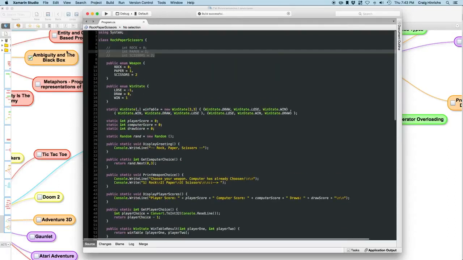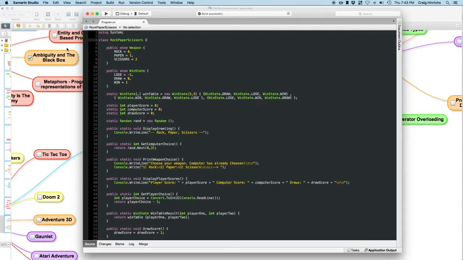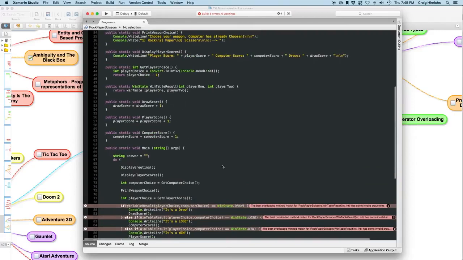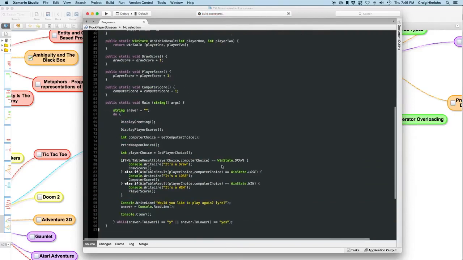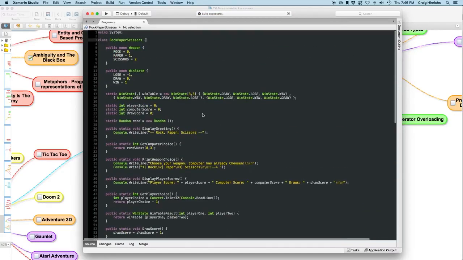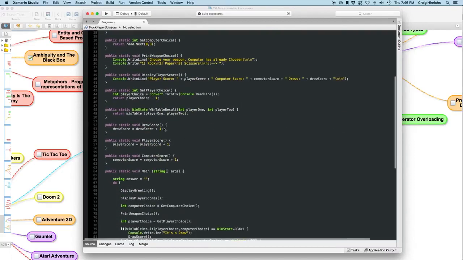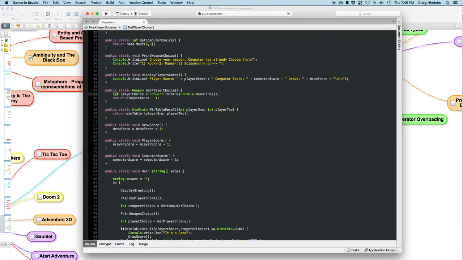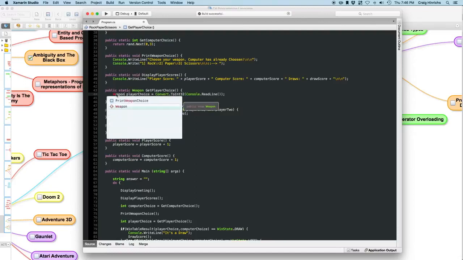And then we can get rid of this. Okay, so to have these work out properly. Okay. All right. Now we have weapon. Now we can add weapon to here. So we want to return a weapon, and then this is going to be a weapon,